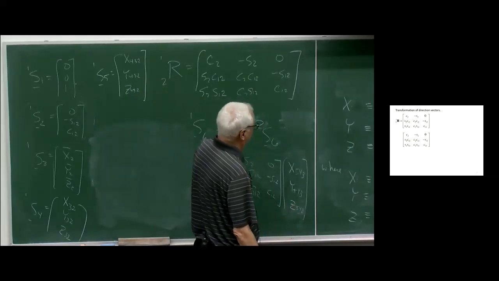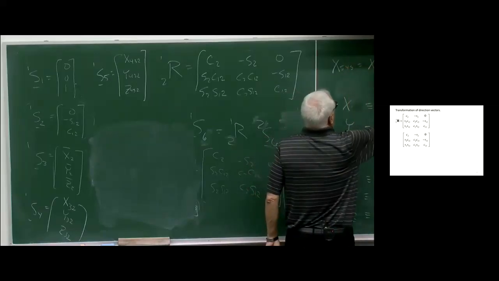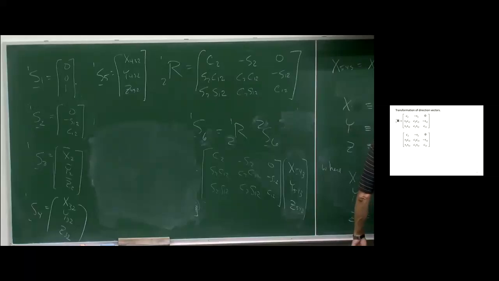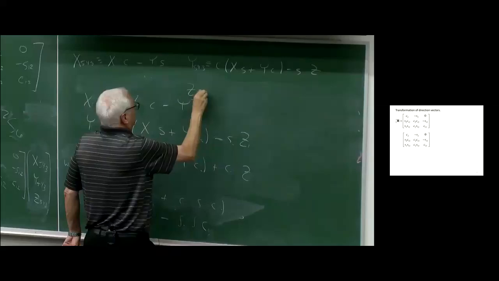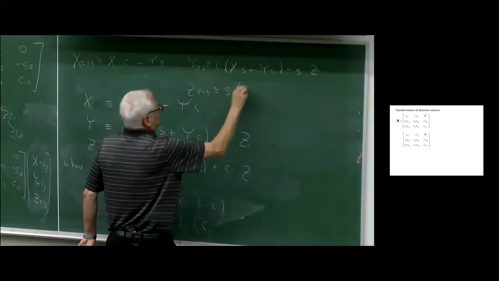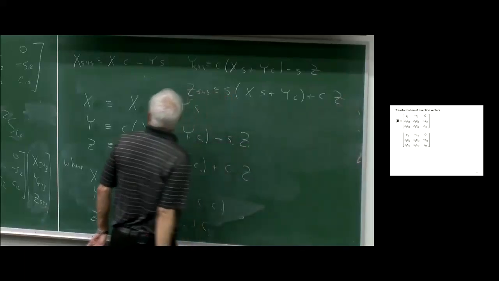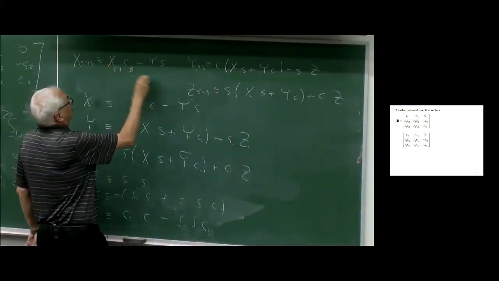By definition now, X543 is an XC minus YS. Y543 is a cosine XS plus YC minus a sine Z, and Z543 is a sine. So yeah, I know what it is. I saved a ton of chalk writing it that way, and then I'm going to go 5, 4, 3,